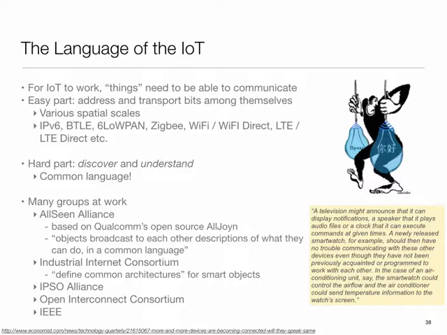A small number of physical layers being supported, and then the way these devices talk to each other. It's kind of like a common language. One effort which has gained a lot of prominence is something called AllSeen Alliance. It kind of came out of Qualcomm, which for a while had something called AllJoyn, which is essentially a protocol so that your phone could discover all the devices around it.